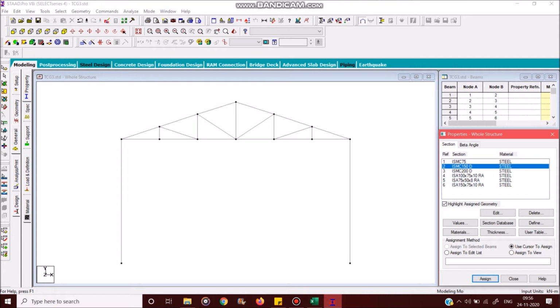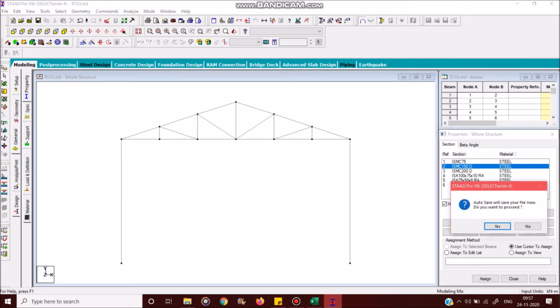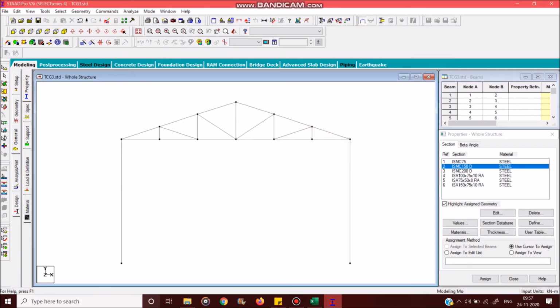For now, you can just play around and give different sections for different elements, and after the analysis is complete, we will come to know how much of the section has been used. If this percentage of the section used is less, then we can go for a lower section. Say if my depth is 300 and my utility ratio is only 0.1, then I can reduce my depth to say 150 or more than that. You can just play around with it, we can explore a lot. That is the advantage of using STAAD.